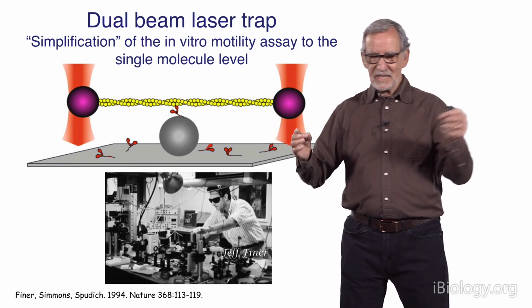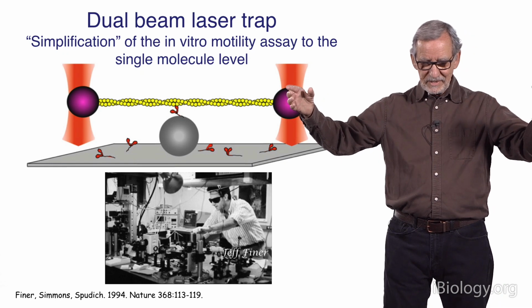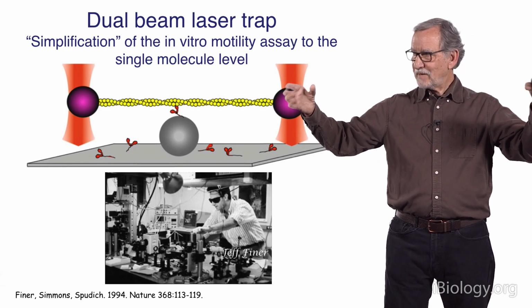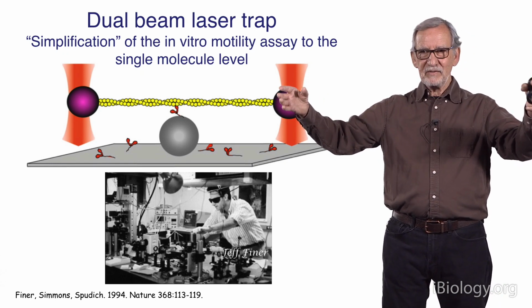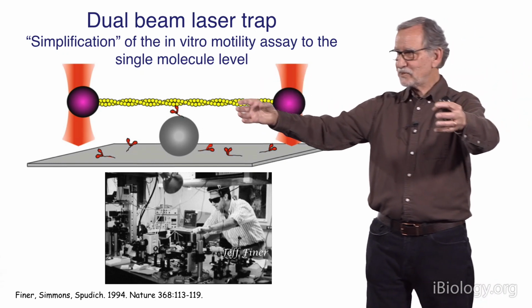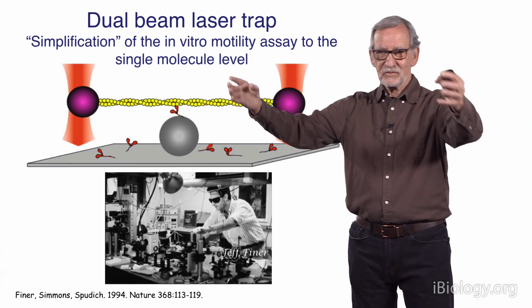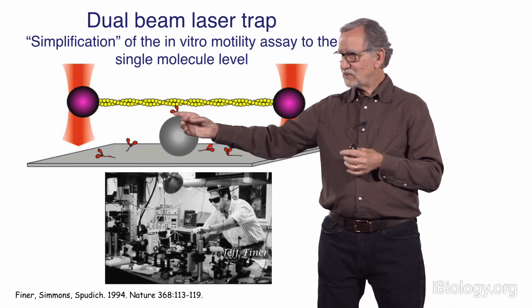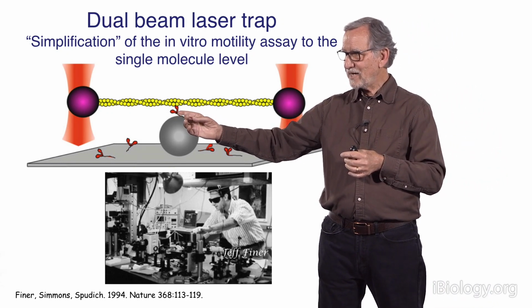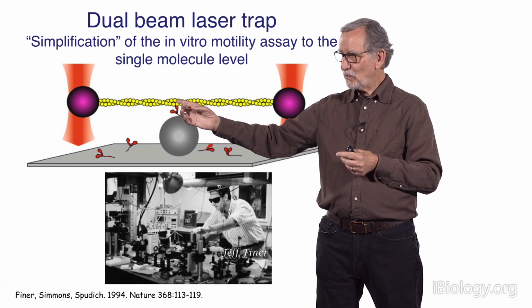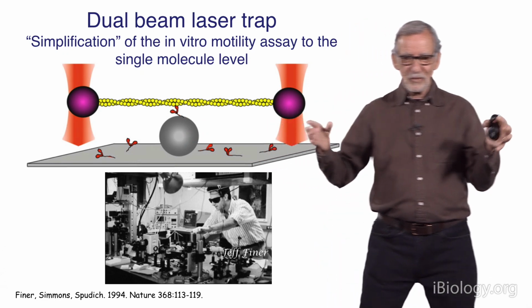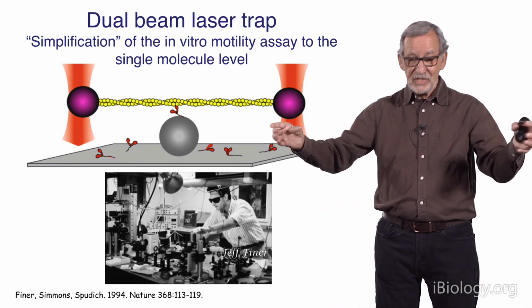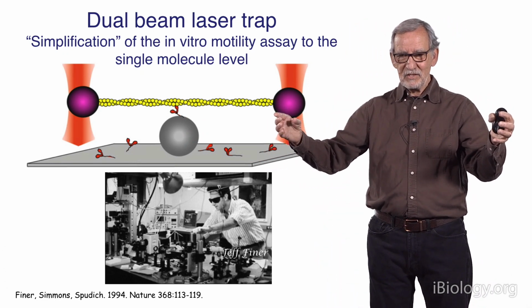And so what we do is we take this dumbbell of actin and we move it around and we test bumps on the surface, and usually nothing is there, so nothing happens. Finally, you find a bump where statistically there's only one myosin molecule because most bumps don't have anything. And when that actin filament finds that one myosin molecule, you see that in the experiment and you begin